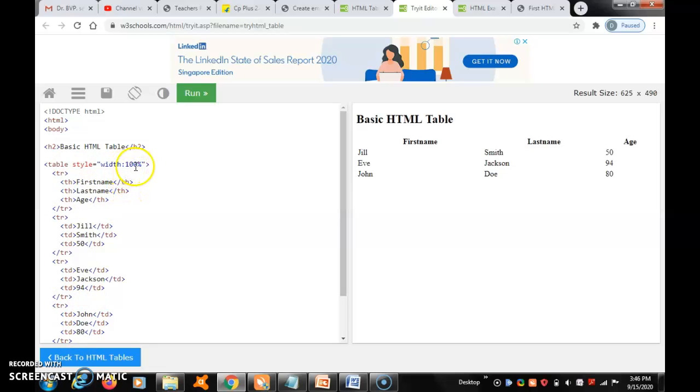If you put 100%, it will be 100%. If you put 50%, it will display 50% in the table. Here, starting HTML, this is the structure of the HTML code. So HTML, body. If you want head and title, you put the head, then title open tag and close the tag.